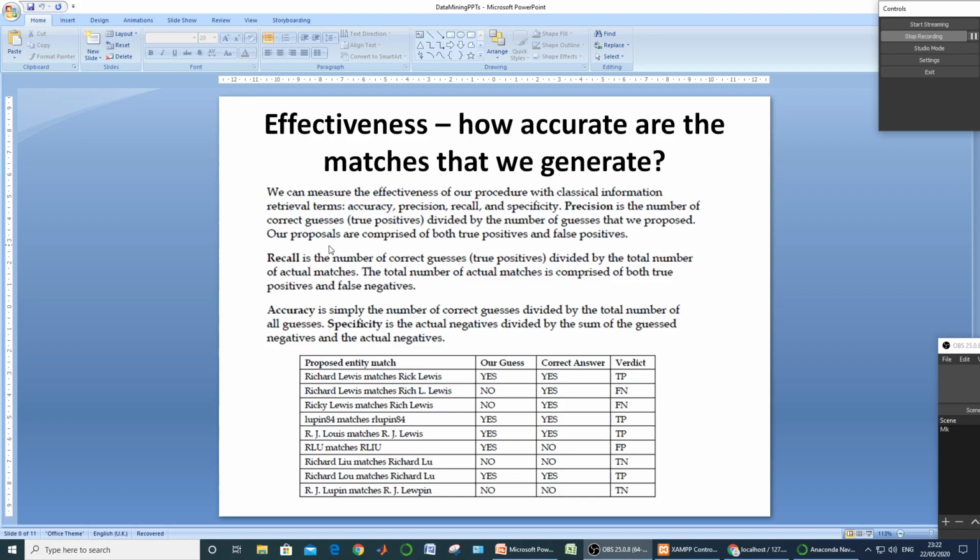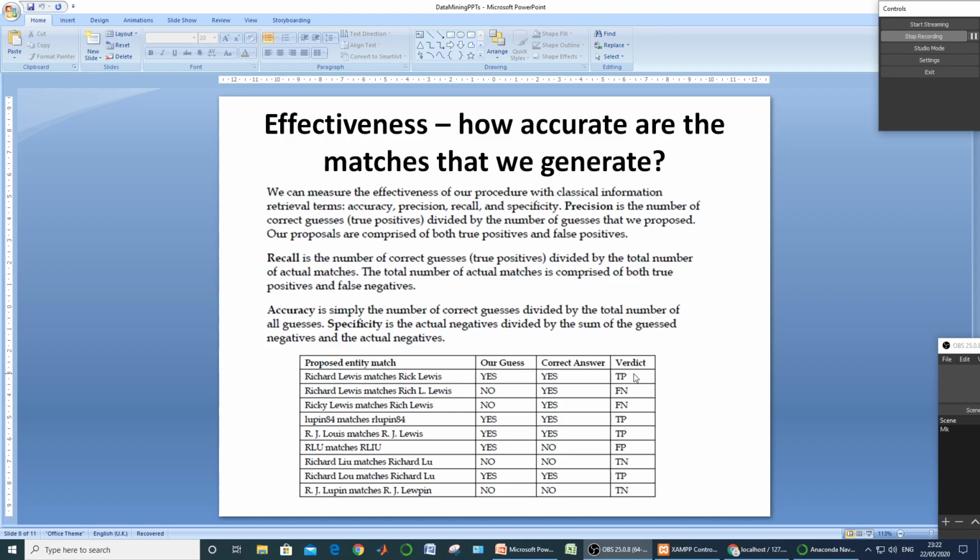So now next is our recall. But let us stay for some time on precision, which is the number of correct guesses, true positives. How many true positives are there? 1, 2, 3 and 4. Four true positives were there, divided by the guesses that we proposed, the guesses in which we proposed that the result is positive.